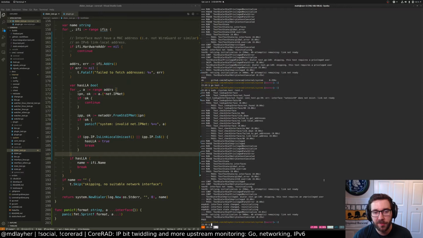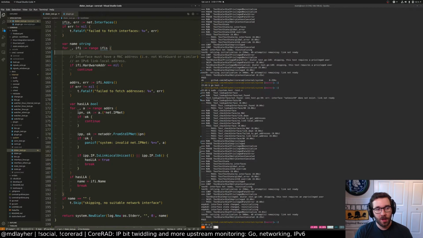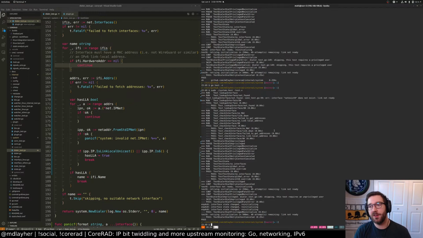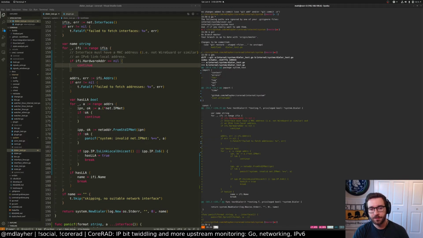So we have the privilege test now, and they appear to be running just fine as well. So, yep, ENP4S0. Perfect. That's exactly the interface I have configured. This works just fine. What a silly thing. So what I want to do probably is reconfigure both the interfaces of my system, but this is fine. So this will handle multi-home systems better. Must have a MAC address and an IPv6 local address.